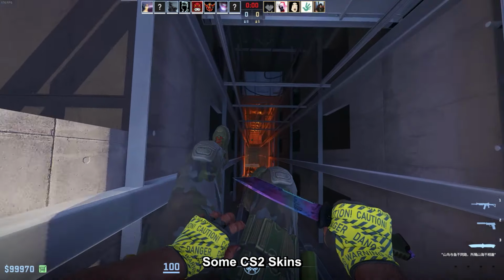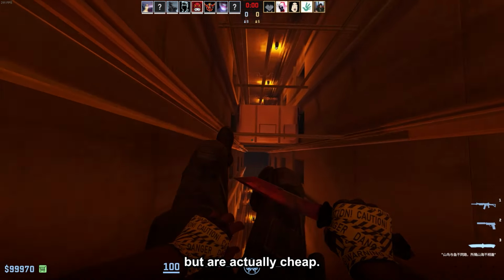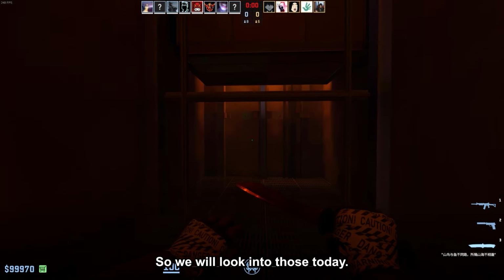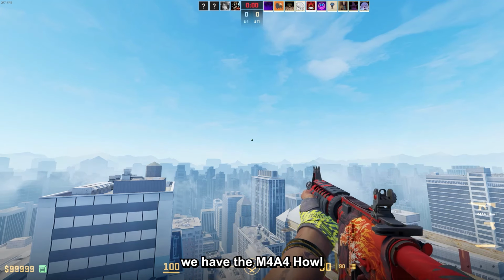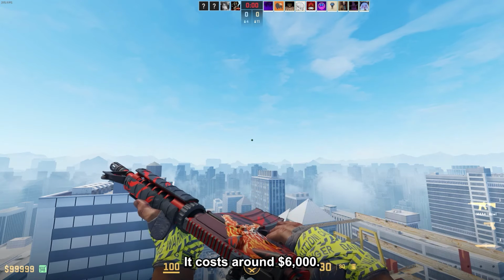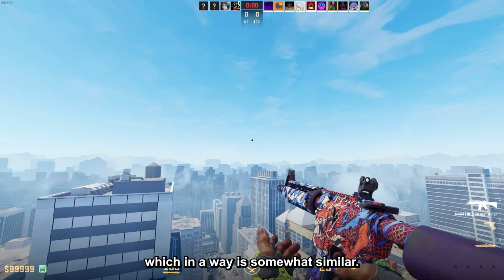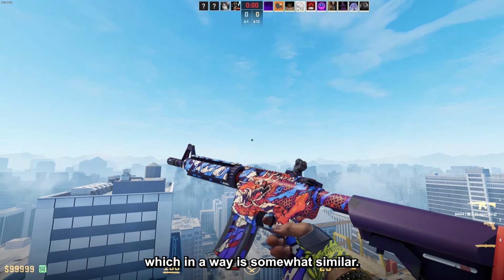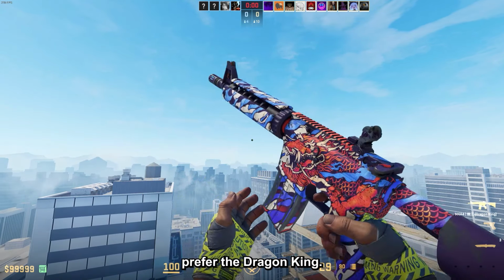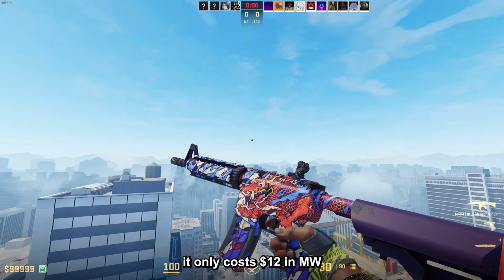Some CS2 skins are very expensive and some look expensive but are actually cheap, so we will look into those today. Starting off, we have the M4A4 HAL, which, as you know, is very expensive. It costs around $6,000 in factory new, but this is the M4 Dragon King, which in a way is somewhat similar, and some people even prefer the Dragon King, and the best part is it only costs $12 in minimum